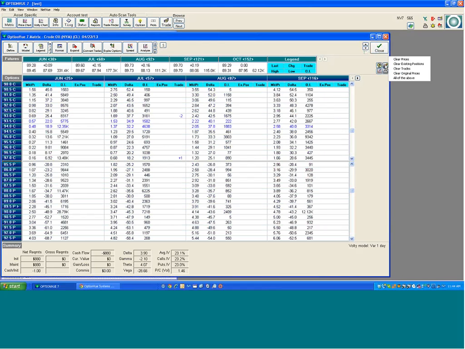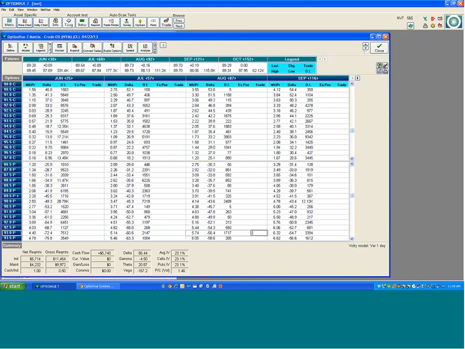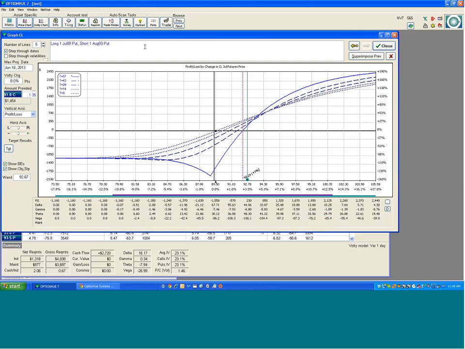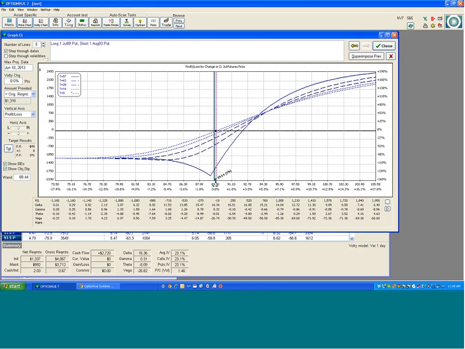So let's get rid of this. What if we were to, in the month of August, not sell the at-the-money put, but sell the out-of-the-money 93 puts? And then we go into July and we purchase, let's say, the 89 puts. Now let's take a look at this graph. We actually need the same thing. We need the market to rally in order to make money. And you can see that all the way up to